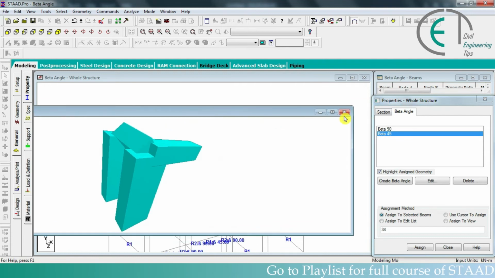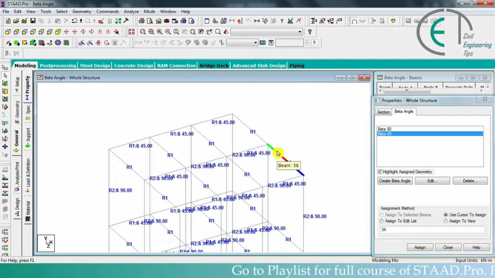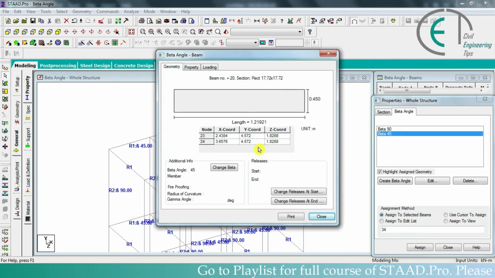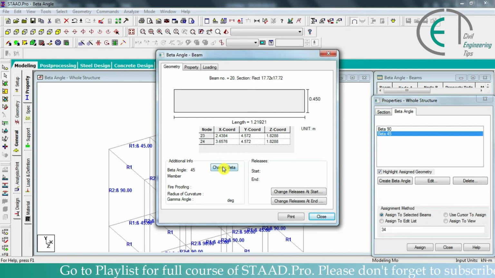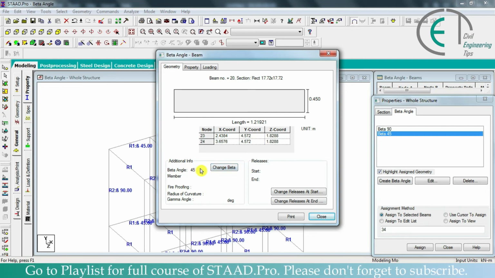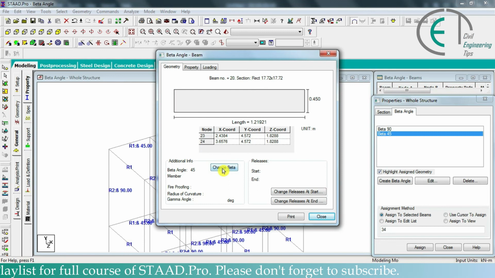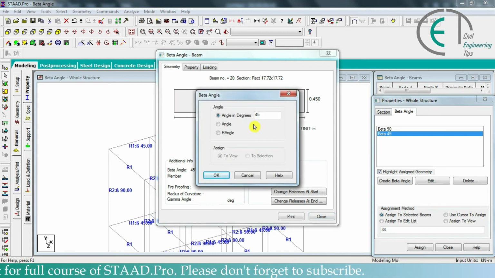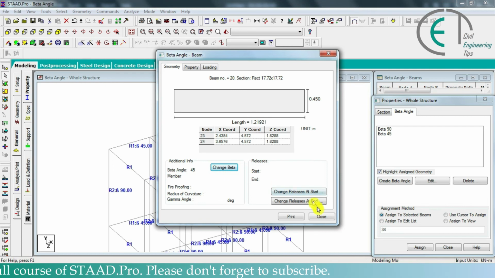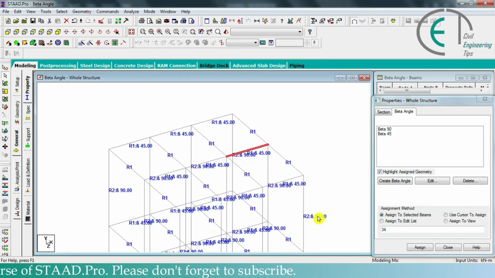Let's close the 3D render and select any beam of X direction, double click on it, and here you can see the beta angle as 45 degrees, and from here you can change the beta angle also. If you want to change and create a beta angle individually for a specific member of a structure, then you can double click on the member and come here to the geometry tab, then click on change beta. Here you can input the beta angle and click on OK. Then that angle will be applied to that specific member. Let's close it. So this was all about beta angle, and beta angle is really useful to orient the beams